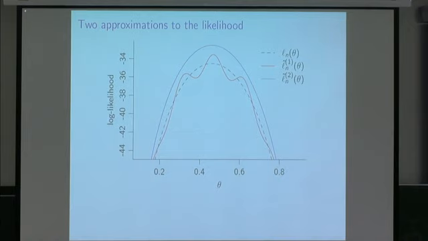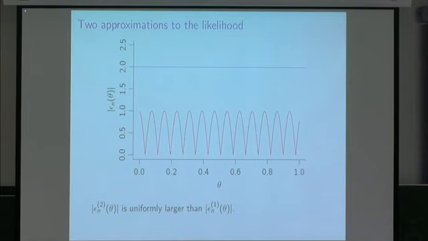Here, the dashed line is supposed to be the log likelihood that we can't actually get because it's intractable. The red squiggly line is one approximation to the log likelihood we could use to do inference, and the blue is another approximation. Which of these is going to give us inference that's closer to the actual likelihood? We might look at those epsilon errors, the error in the log likelihood, and we find that the blue approximation has a uniformly higher epsilon error than the red one. So it seems perhaps the blue approximation is a worse one.